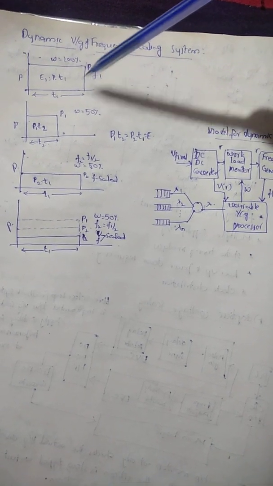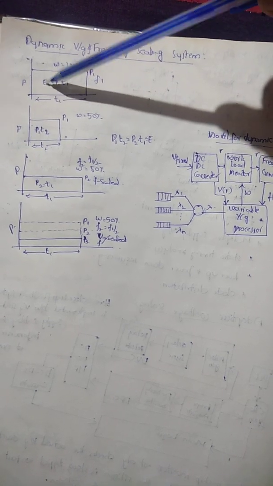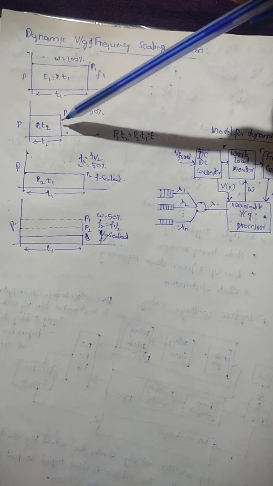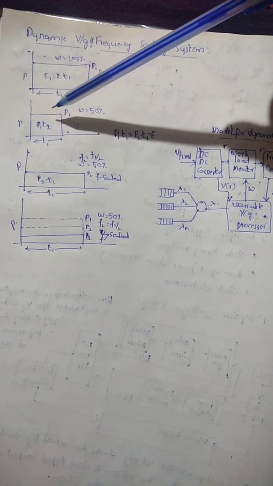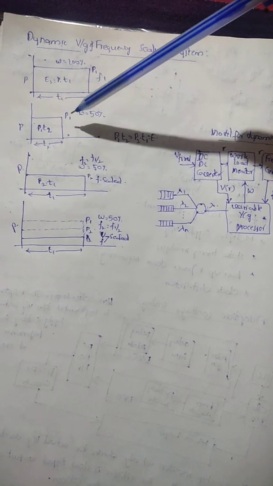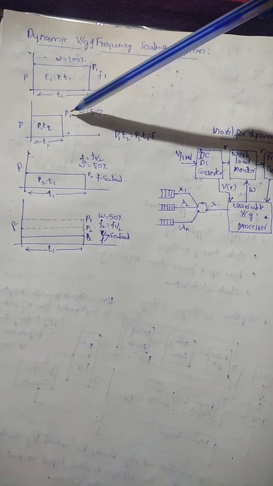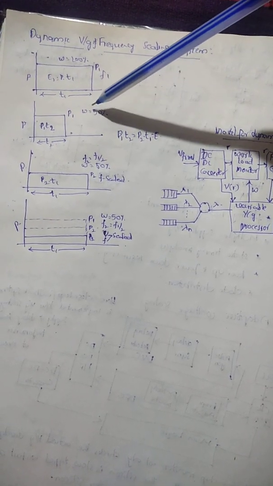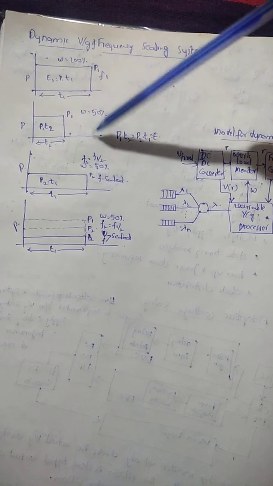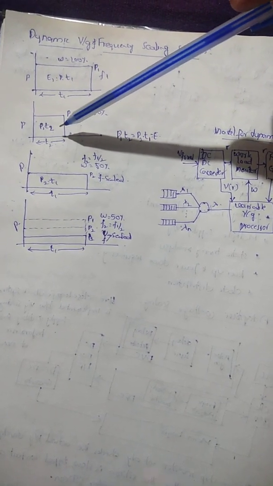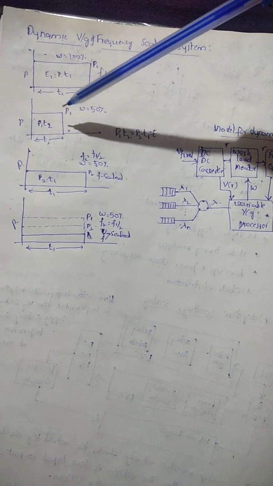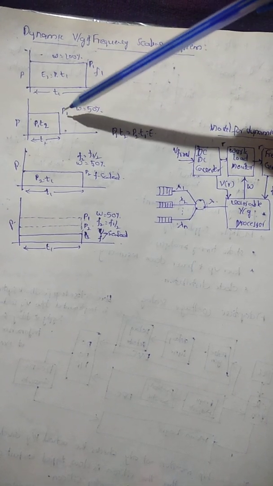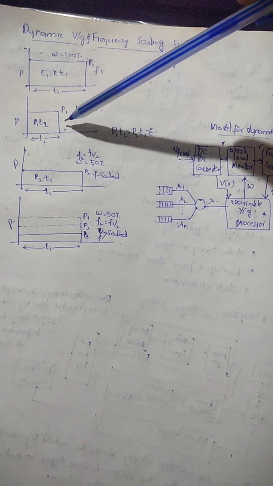and the time is T1. So the energy is equal to the product of power and time. If you don't change the frequency of operation, the power dissipation is the same, that is P1. However, the computation is completed within 50% of the time, that is time T2, which is 50% of T1.